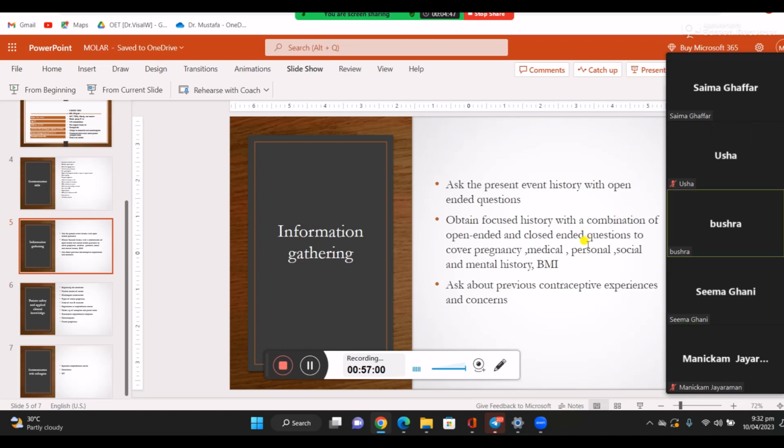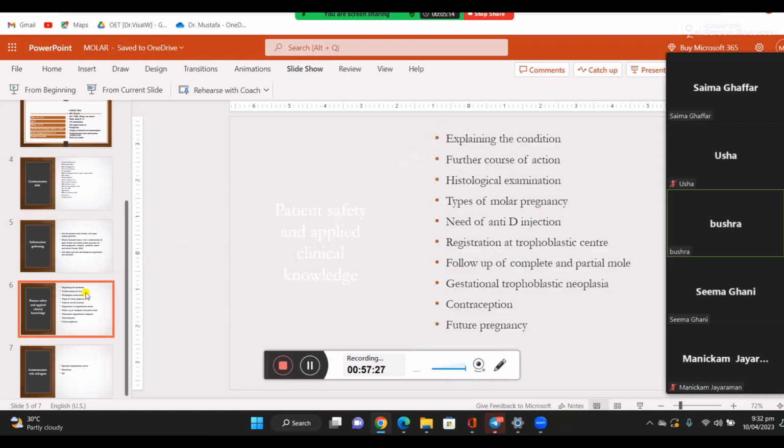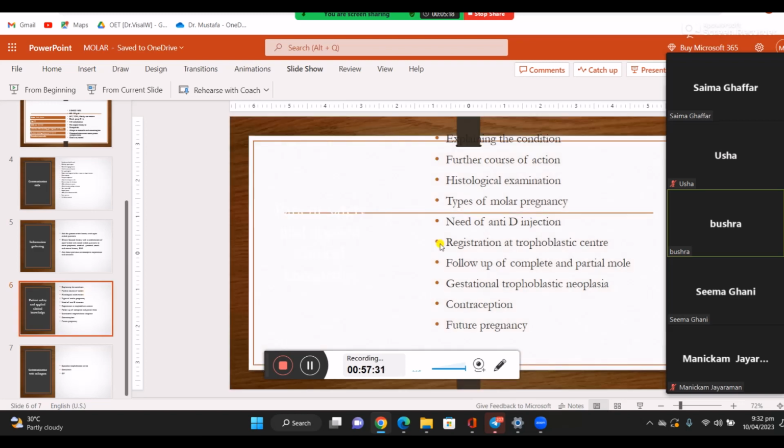Yes. Okay. So you can just say, have you used any contraception previously, or do you have any concerns about any contraception? And then in the medical history, you can rule out any history of clots, diabetes, hypertension, or family history of clots, just because we have to offer her contraception to rule out contraindications. Okay. And then when you started to give her information, you first explore her own knowledge about molar